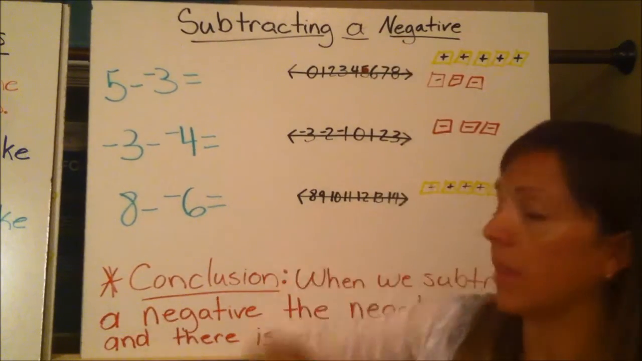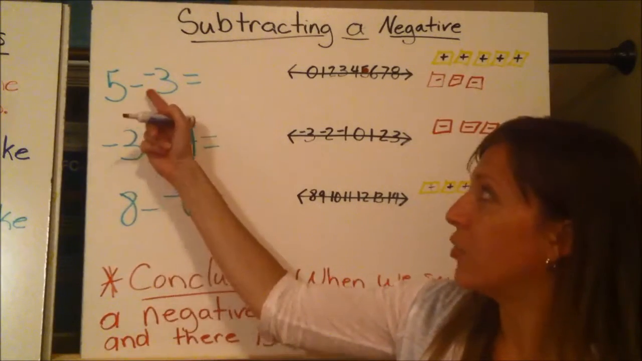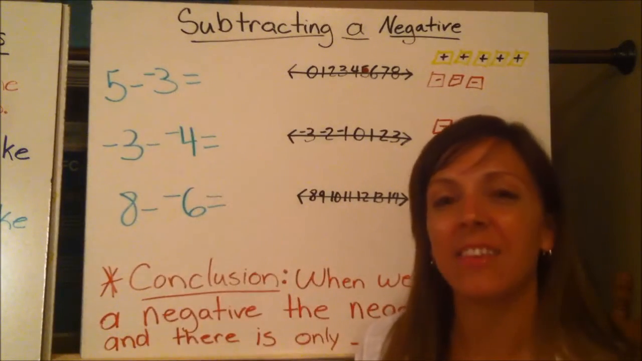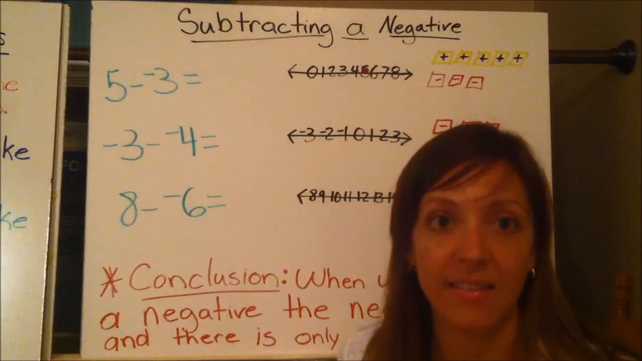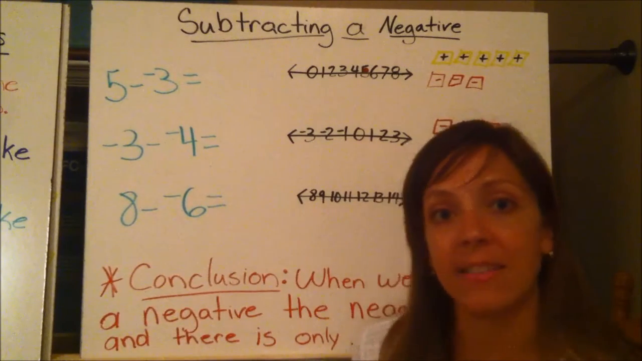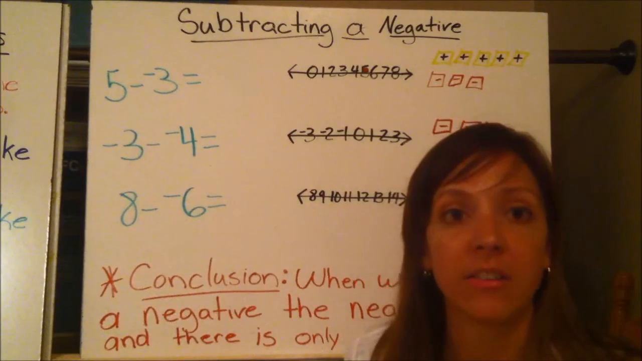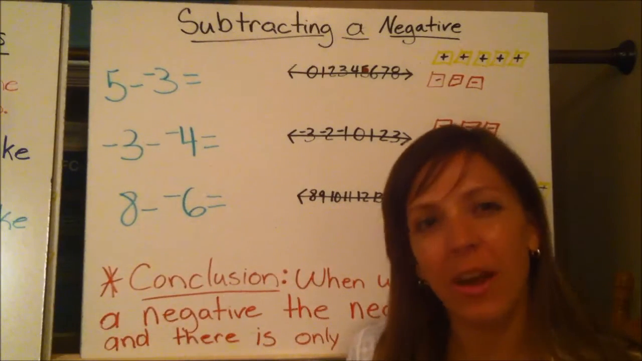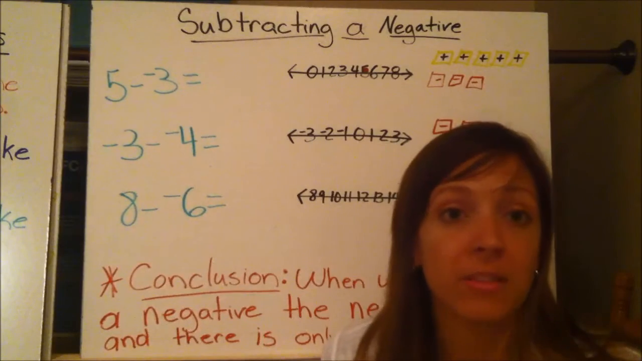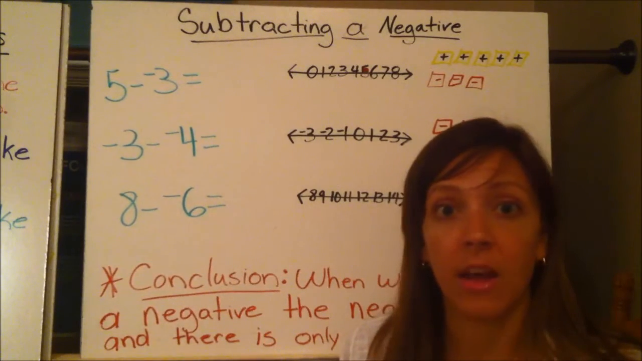And graph that on my number line. When I subtract a negative, it's like saying I'm taking away a debt. I am subtracting something that's owed. I'm subtracting a loss. If I can subtract a loss of, say, 3 pencils